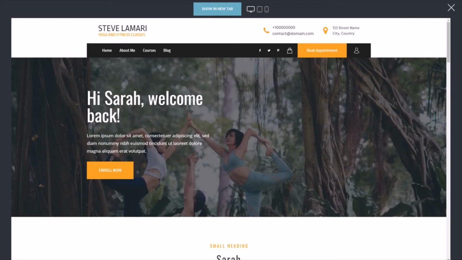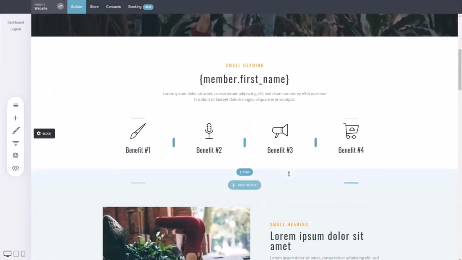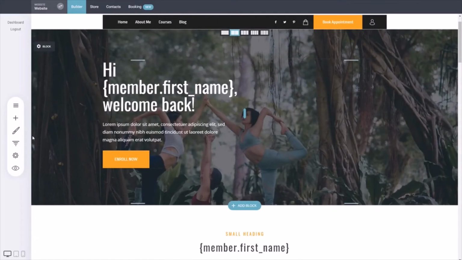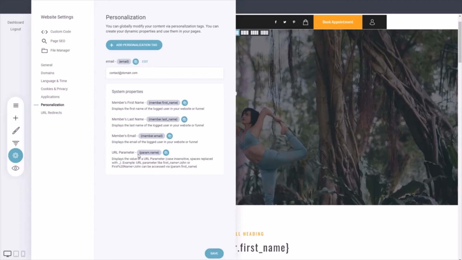So this way you can easily personalize the experience for your visitors. We use it here as well, and other places you can add it to very much personalize their experience. You can also do it with the parameter as well. So if you're emailing somebody or just sending them some kind of a link, you can include in the URL the name of the user. So for example, first name is John. So whenever you use this one, for example, the first name,